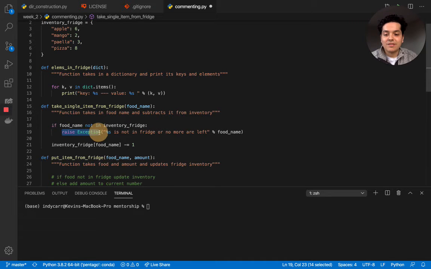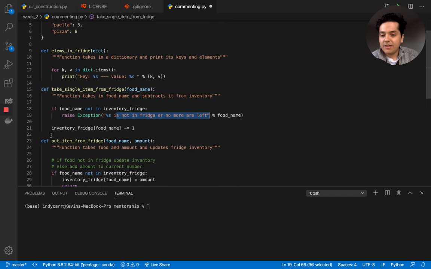So this is a nice little nifty thing you can do with your Python code. If you anticipate an error, you can use this raise exception keyword and then add whatever string you want, and basically it helps provide a very explicit reason why an error happened to your end user and developers as well. So it just makes it easier to debug your code as well. So that's another way you can document and comment your code, by just providing very well thought out error statements like this. So for example, if a mango was not in there, mango is not in fridge,